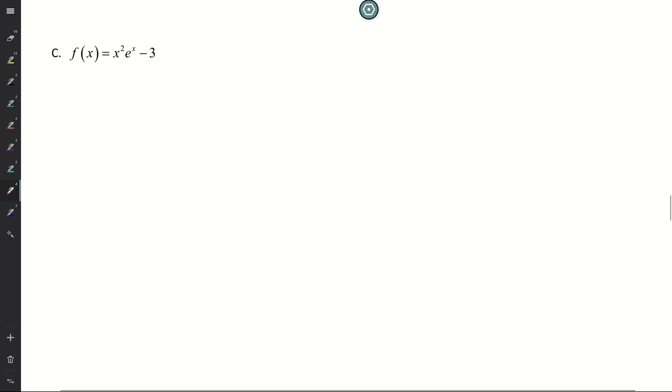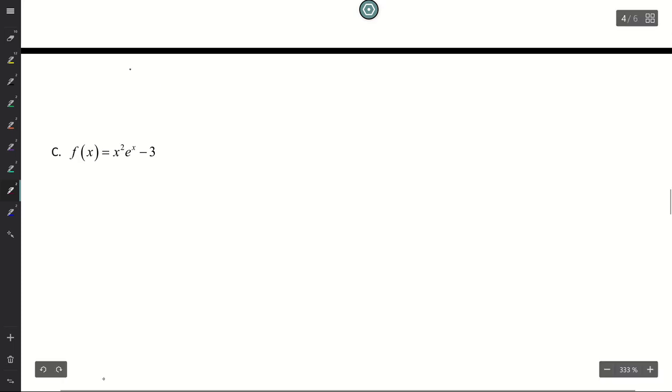I'm going to say from algebra, we know for polynomials, the domain is all real numbers. We also know that for e to the x, based off of the graph of e to the x, your e to the x graph ends up looking something along these lines. Let me make this a little cleaner. And so looking at a graph of e to the x, we can see the domain there would be